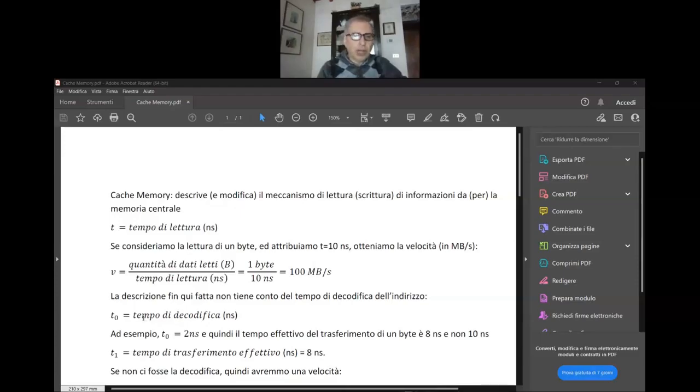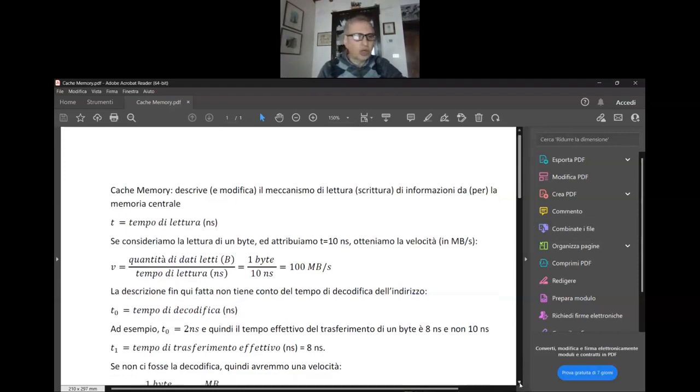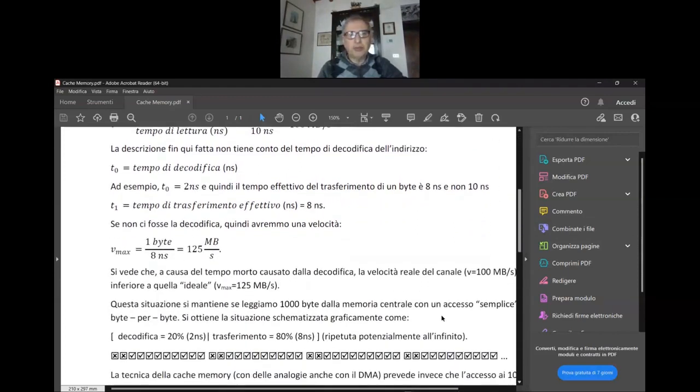So let's assign a time to this decoding. Let's imagine assigning, for example, 2 nanoseconds to this time. So, in effect, if the whole process must last 10 nanoseconds, the transfer time is only 8 nanoseconds. So we need to recalculate: if there were no decoding, the maximum channel speed would be significantly higher, because we would have 1 byte read in 8 nanoseconds, therefore a speed of 125 megabytes per second. So we are currently utilizing the channel for about 4/5 of the time,